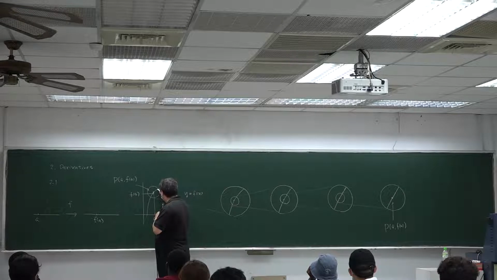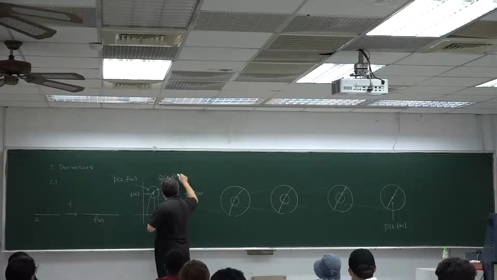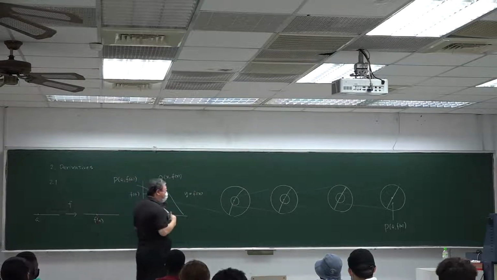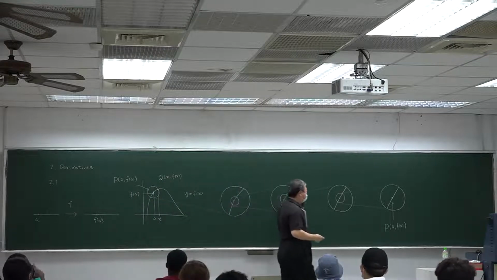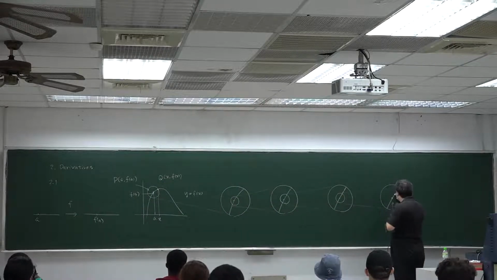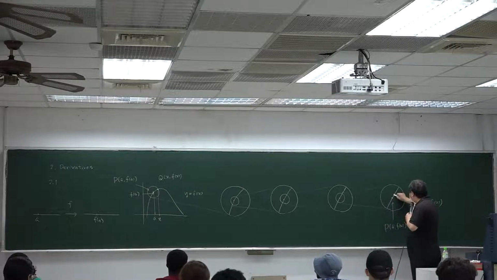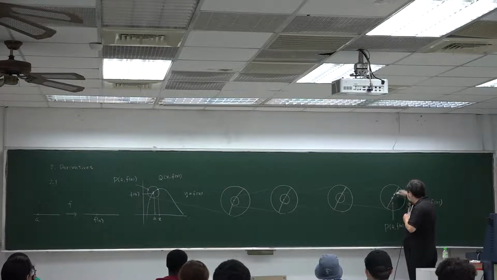If x is sufficiently close to a, then we have some point Q, maybe here. Suppose these two points are on a straight line, then the slope of this straight line will be